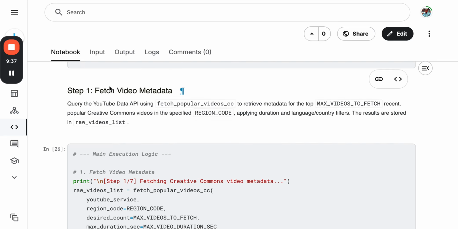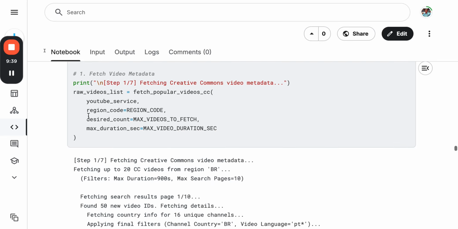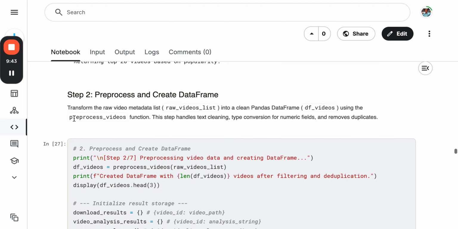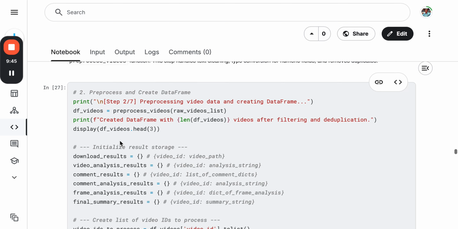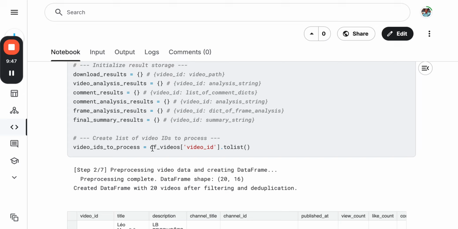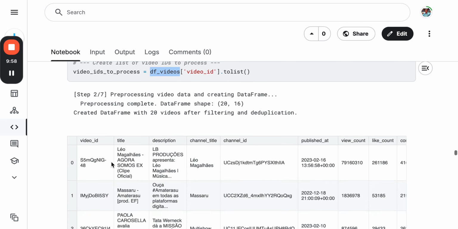So step one, we fetch the video metadata, with that first function, 20 videos in this case. We pre-process and we transform that into a data frame, which will be the data frame through the entire Kaggle Notebook, in this case the f_videos. And we will use the video ID column